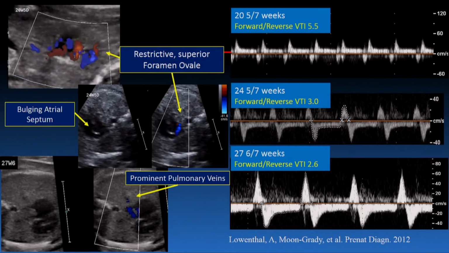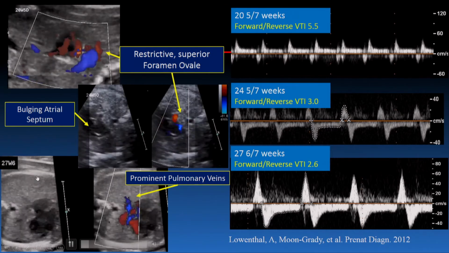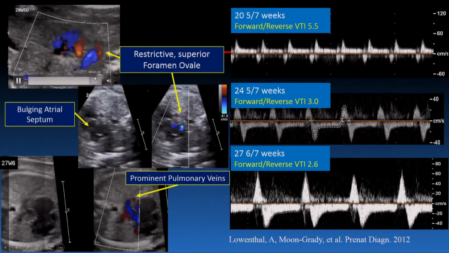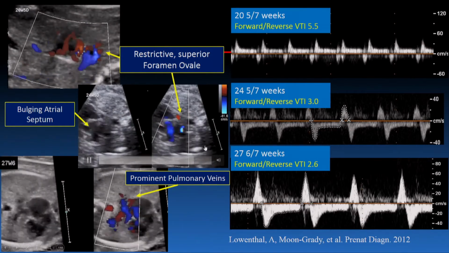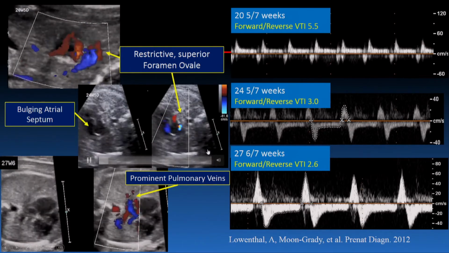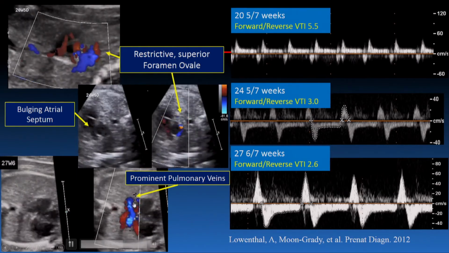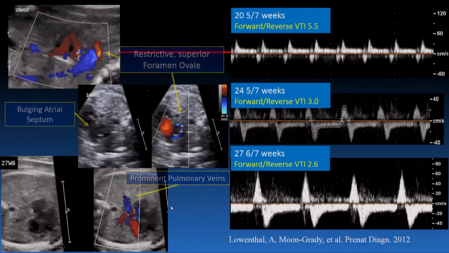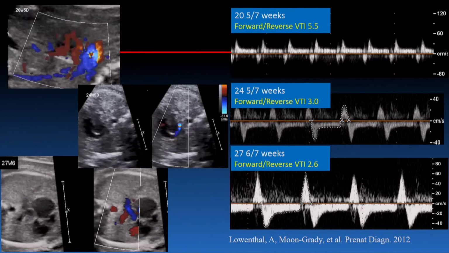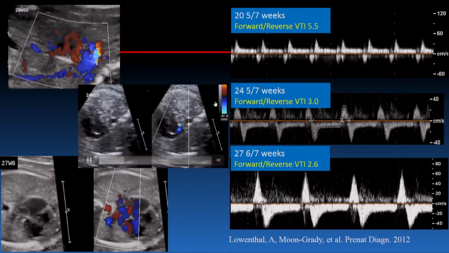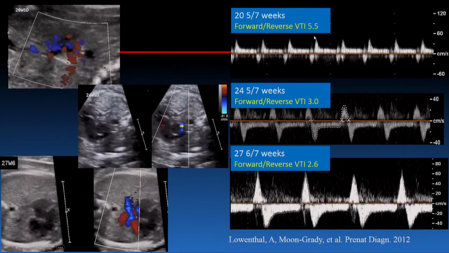And so looking across gestation for the same patient at 20 weeks, then 24 weeks, and then 27 weeks, you can see that restrictive nature of the foramen ovale, right here at the superior aspect of the bulging atrial septum, going from the left atrium into the right atrium, and the pulmonary veins are quite prominent. And looking at the velocity time integral of the forward to reverse Doppler assessment from 20 weeks all the way to 28 weeks, we can see that that ratio is actually dropping and falling from 5.5